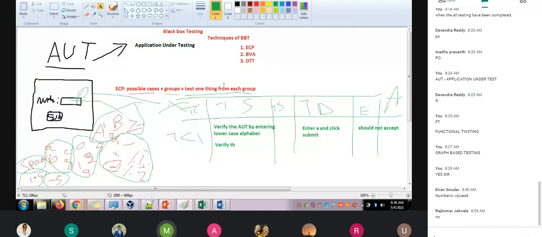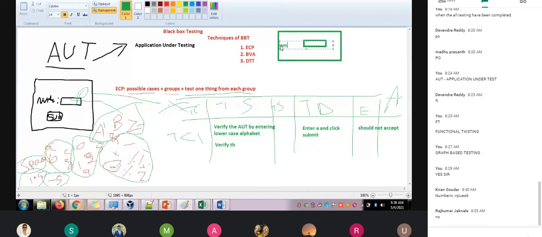Now let us move to the boundary value analysis. BVA, boundary value analysis. Suppose the AUT is given in such a way that money can be transferred from a bank account.